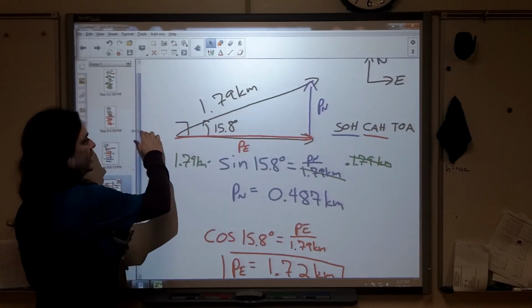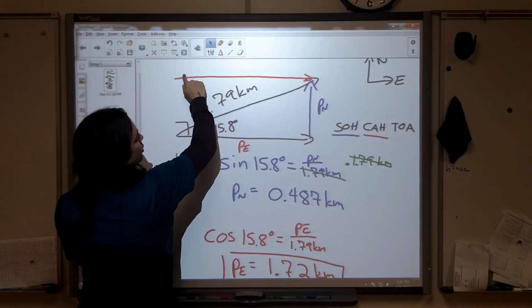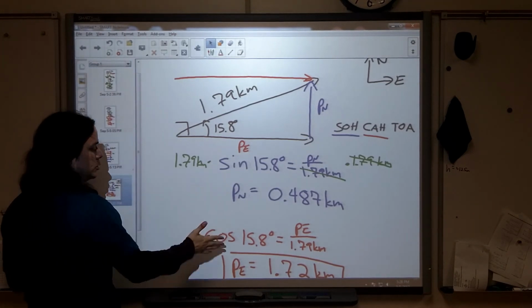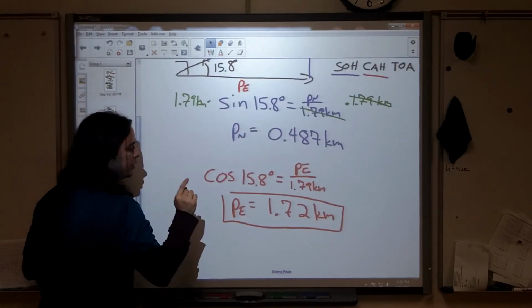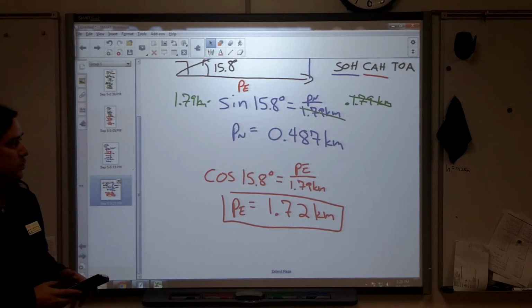You're welcome to go in. Now remember, if we had it in the original configuration, with the angle here, this one would be the opposite, so we would use sine on that, sine of 74.2. If you use those, you will find that you come up with the exact same thing. Yay, math. All right? So now we've got